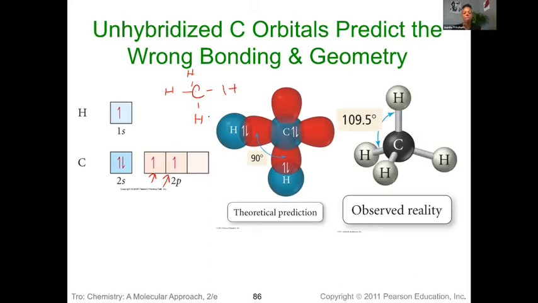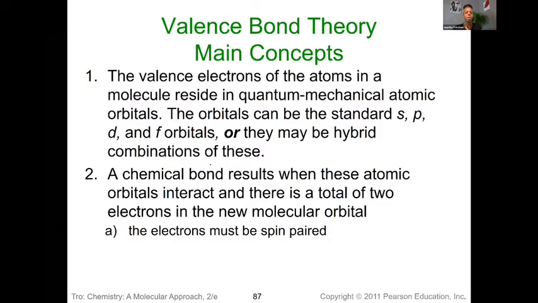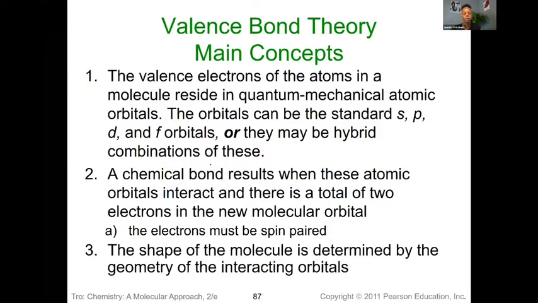Well, what happens is, again, we actually have this hybridization where we're going to be mixing the orbitals, these S's and P's, to create these new orbitals where electrons can be distributed, and ultimately will determine the shape of these molecules. Okay. So some things we want to keep in consideration: